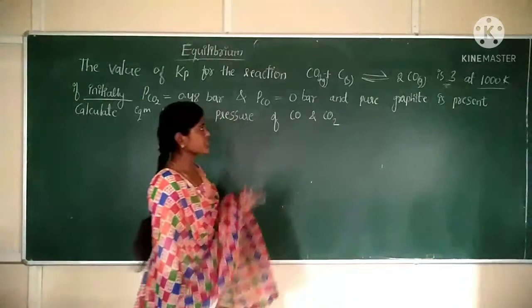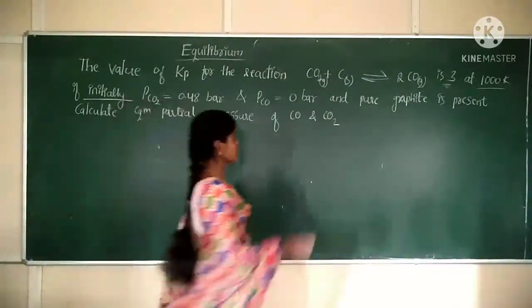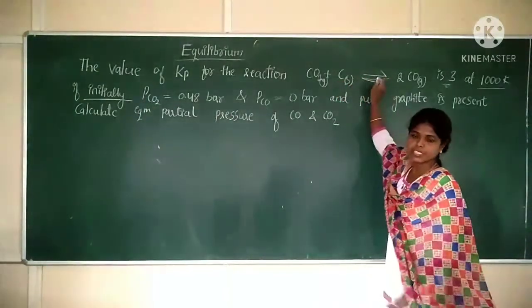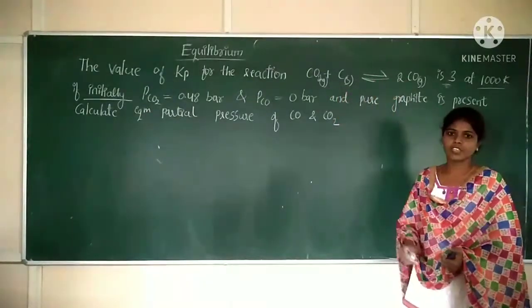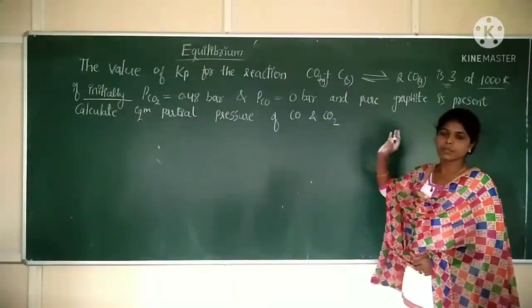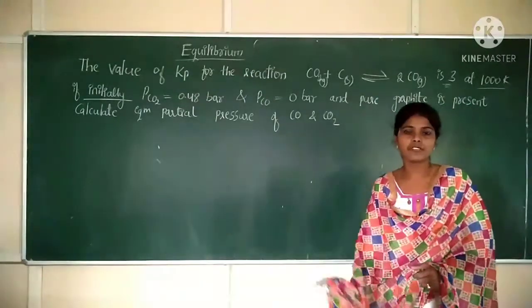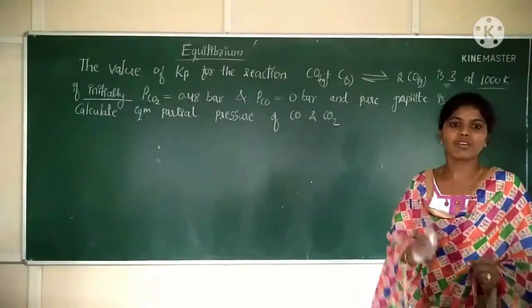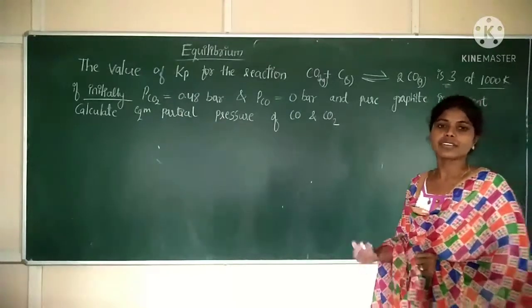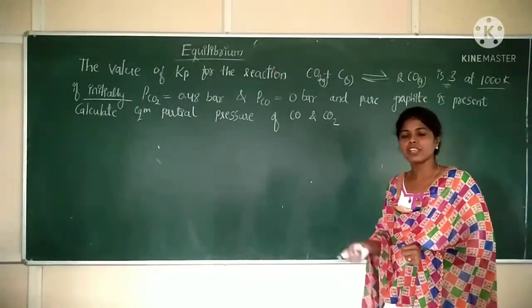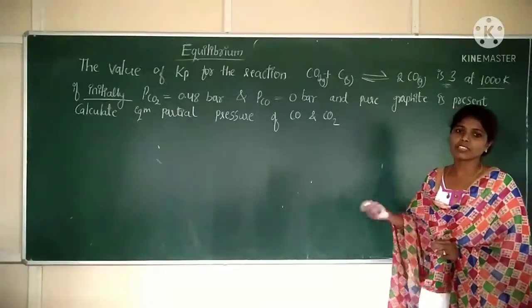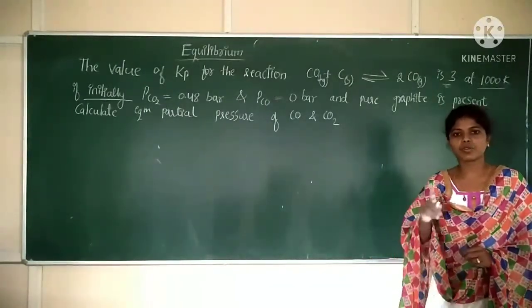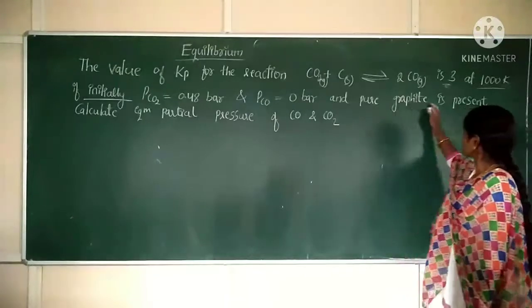Whenever the reaction is a heterogeneous system, this equilibrium is a heterogeneous equilibrium. Reactants and products are not in the same phase. So in a given equilibrium, if solid species are present, any solid reactant or solid product, we should take that as 1. The value for that concentration or partial pressure will be equal to 1.